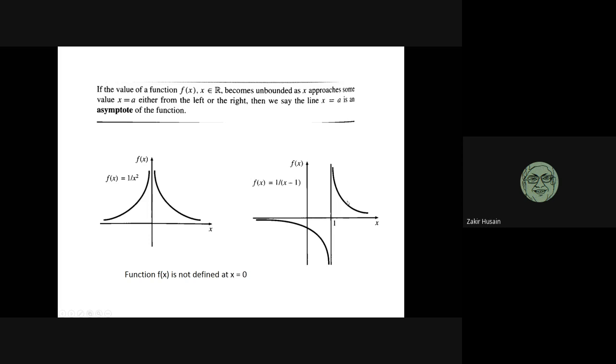But in this case, when a is equal to 1, that is x equal to 1, there is an asymptote, and here we can see that the function is moving up, so it is approaching plus infinity. But this part of the function approaches minus infinity. So we have an asymptote, but the limits are different. The right hand limit and the left hand limit are different. Here the two limits are the same.